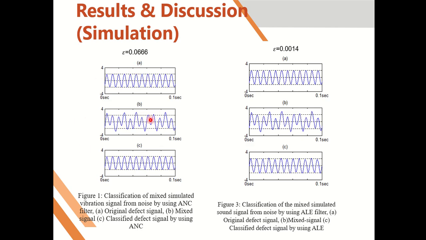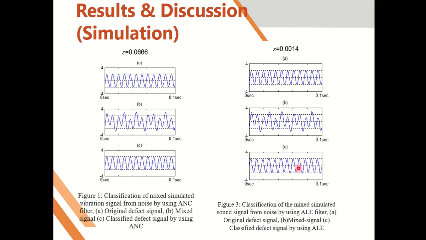and then we filter it out by using the ANC filter, and then we get our signal back. But this one is using the ANC filter. And the right one, the same thing, we create the signal and then we mix it with other signals, so it produces this graph, and then we filter it out by using the ALE filter, so that from the outputs we can get our actual signal back. So based on the observation of this time waveform, both the ANC and ALE filters can remove